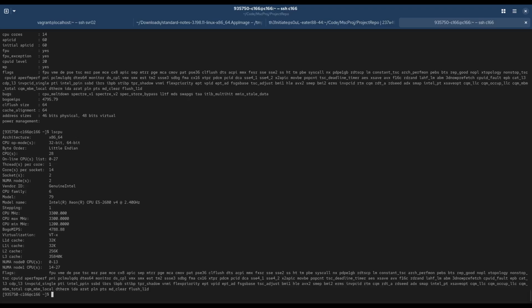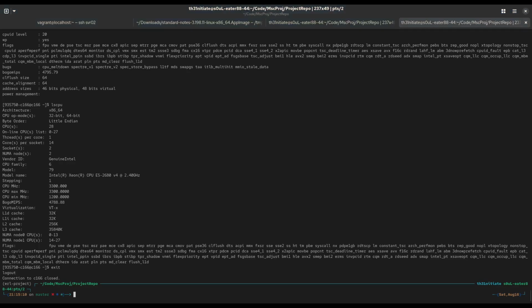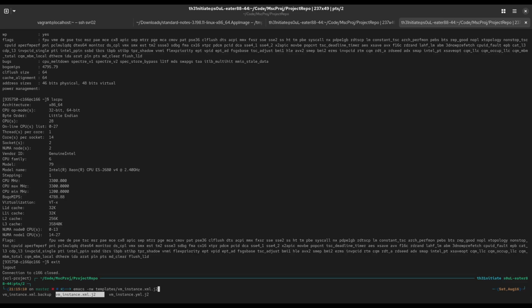I should keep it at... how many threads though? Okay, I need to know. Actually, it's already doing hyper-threading, so we have 14 cores, which is either 28 cores, right? And if I give on average 2 cores per VM, that's visible if we go to the templates file. So if I go to templates and open VM instance xml.j2,